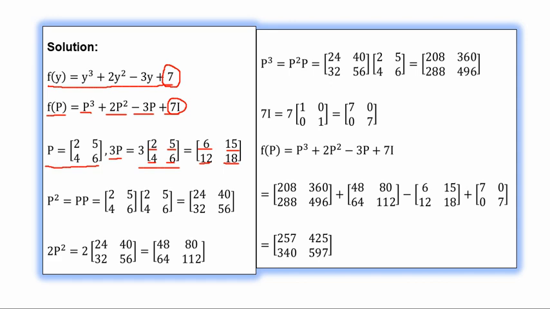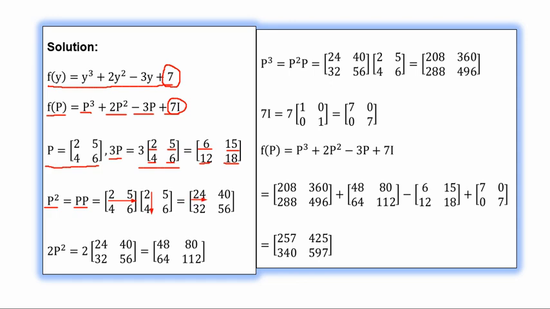The next matrix we need is 2P squared, but we have to get P squared first. P squared means P times P, so we multiply matrix P by itself. And when you are doing that, you take the entries in the first row to multiply the first column, and you add. That is 2 times 2 plus 5 times 4. That gives